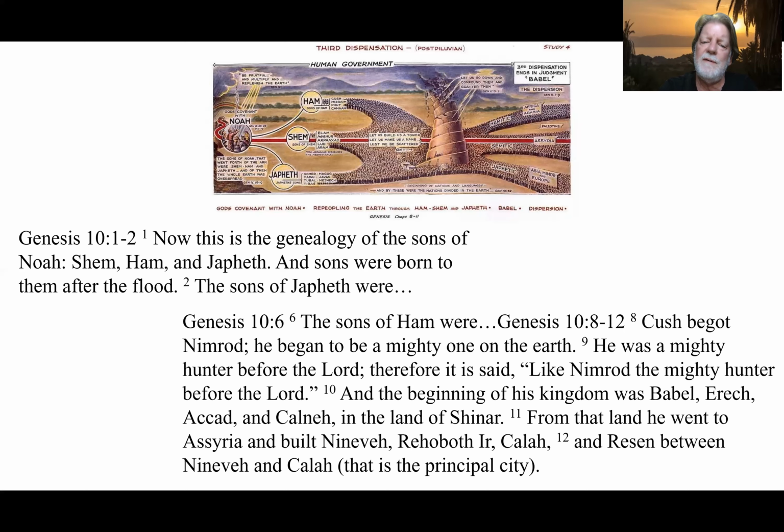Nimrod was kind of a semi-god. Semiramis had qualities of kind of a goddess, and then their son Tammuz was thought to be the son of God. And the religion, which we'll talk about in a few minutes when we get to the Tower of Babel story, is kind of a pagan,